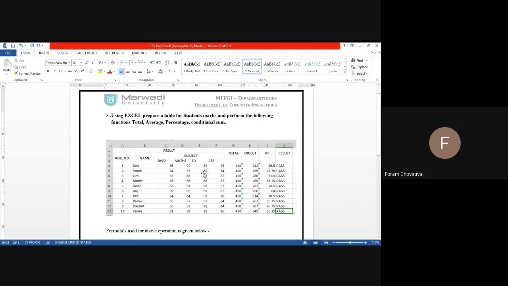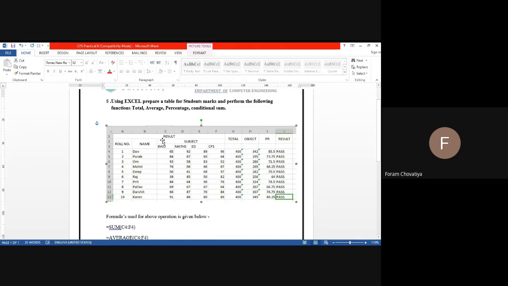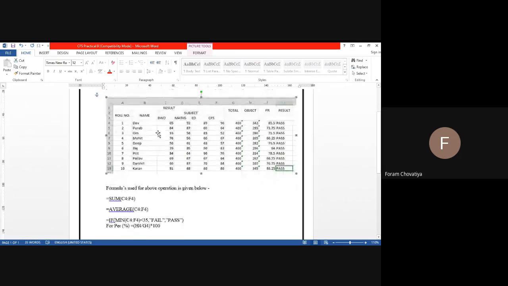But when you take a screenshot, you compulsorily have to show the column names A, B, C, D and the row numbers 1, 2, 3, because we have to follow the cells in the formula. Okay, here I took random marks, and then I also wrote a formula for that. So you have to prepare the document for submission purposes like that.